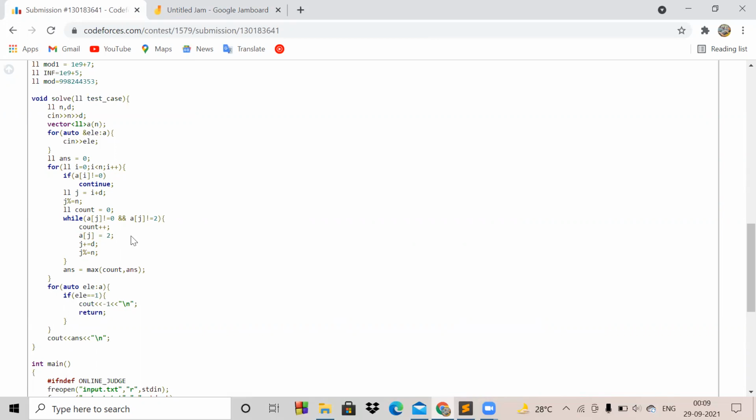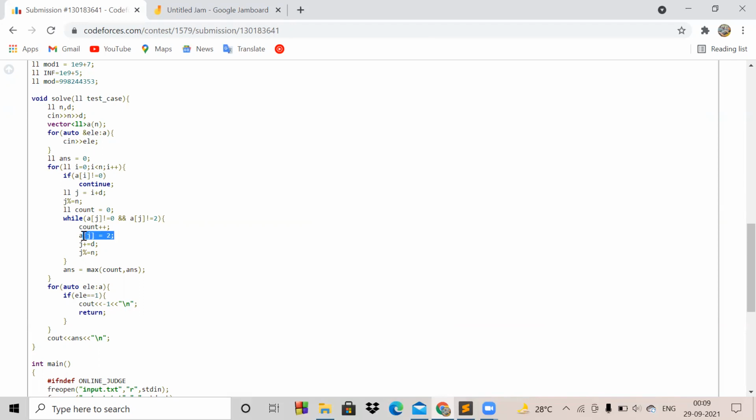I am converting them to 2 because if I convert them to 0, then when I reach that element that is 0, which will be ahead of this location, I do not want to iterate again with that 0.